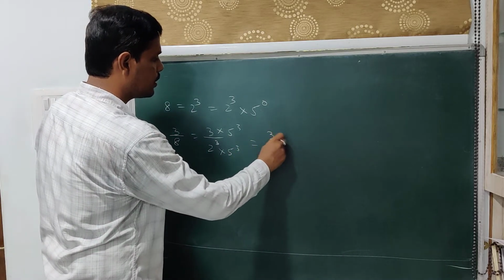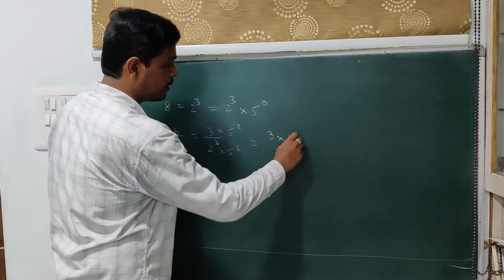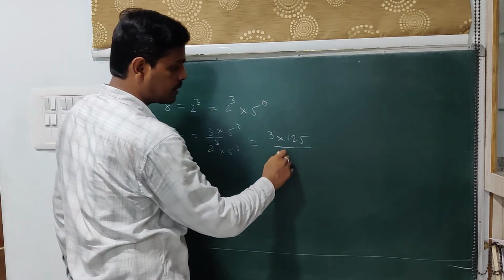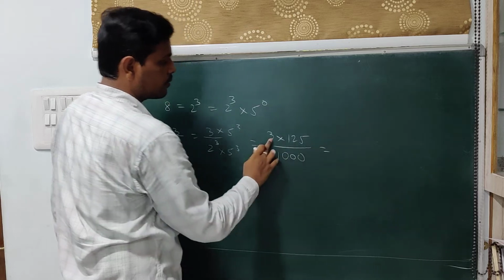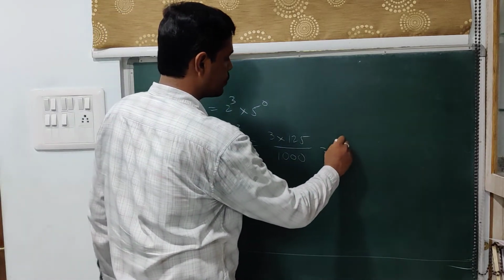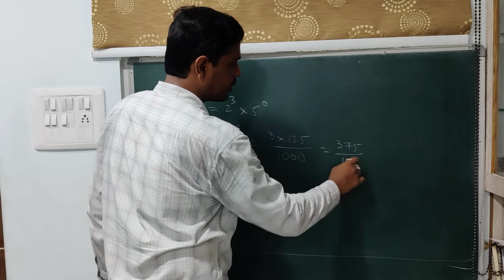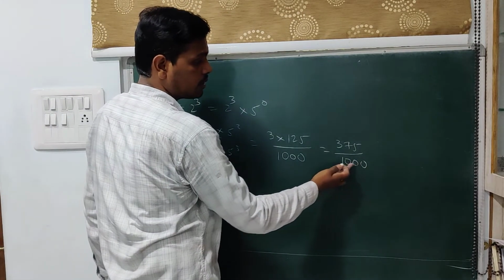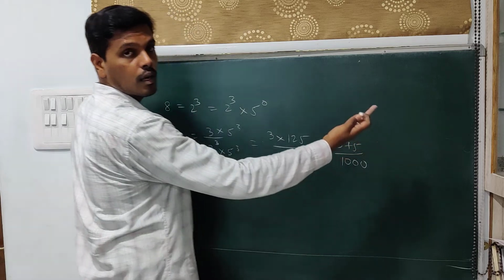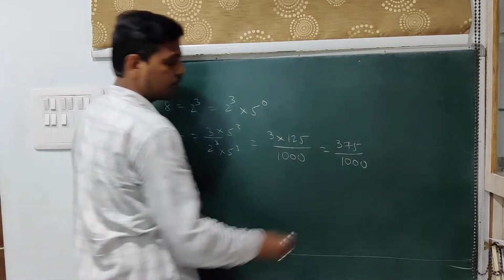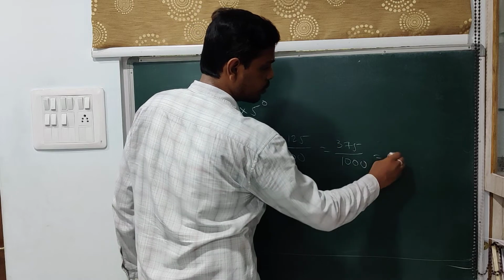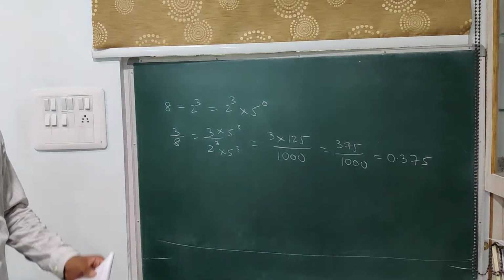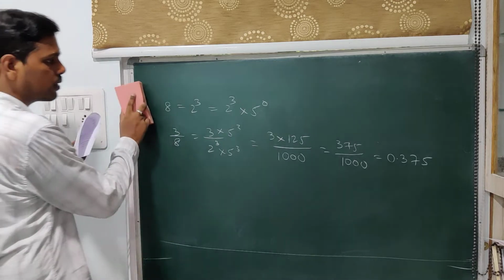So this is 3 into 5 cube is 125 and 5 into 2 is 10, it will be 10 cube. 10 cube is 1000. Now 3 into 125 gives you 375 by 1000. Now you know how to convert that into decimal expansion. 3 zeros, so put a decimal point before 3 digits counting from right to left. So 1, 2, 3, put a point, 0.375. So that is the way we go about. Let me also do 2 or 3 problems so that you will have a fair idea.